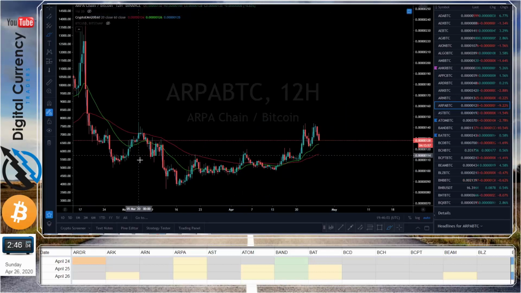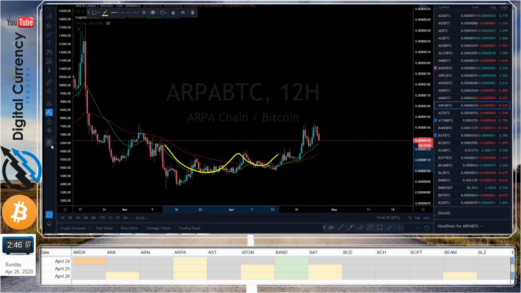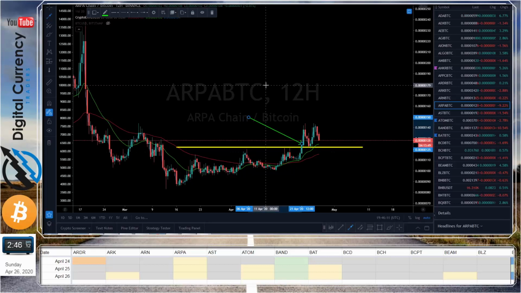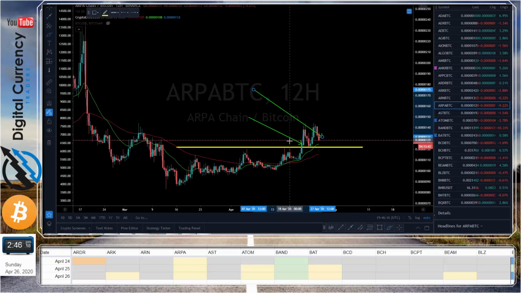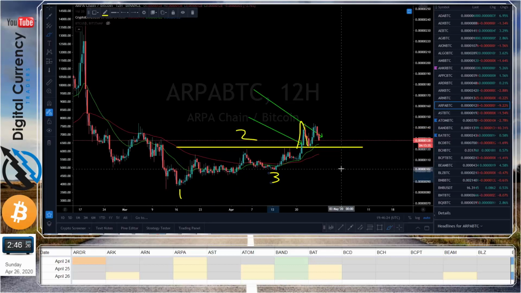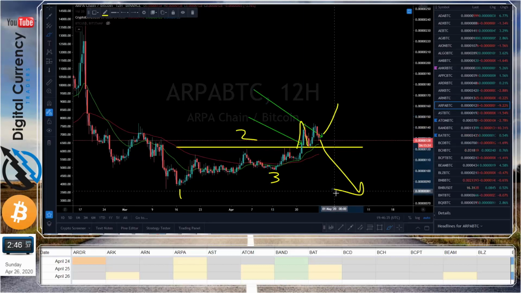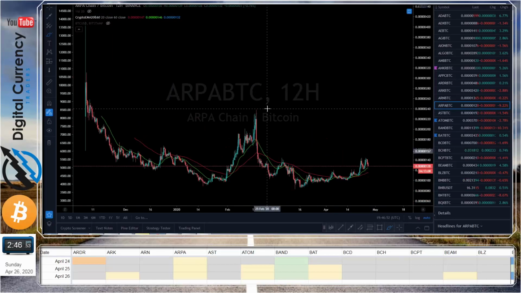But for my own part, remember, the 1, 2, 3 pattern has two different places you can enter on it. You can enter on the break of the 1, 2, 3 pattern right there. Or you can enter on strength when it tests the number 2 from on top. So after it's broken out many times, it'll come back and retest the number 2 point. Right? We've got the number 1, we've got the number 2, we've got the number 3 point because it's up higher. And the price comes back and tests this number 2 point but gets support and then goes higher. So this tells me that it is not a fake out breakout that's going to go down and continue the trend down. So I hope these 1, 2, 3 patterns are making sense to you,